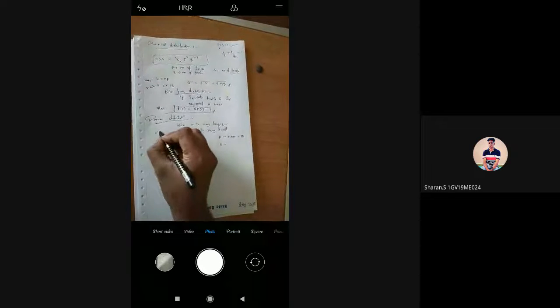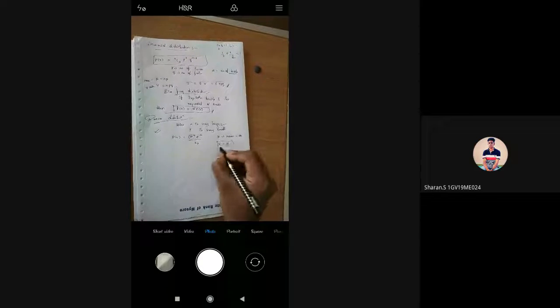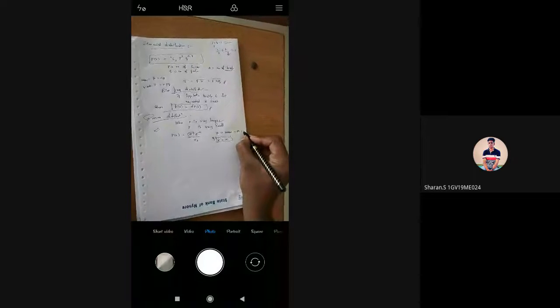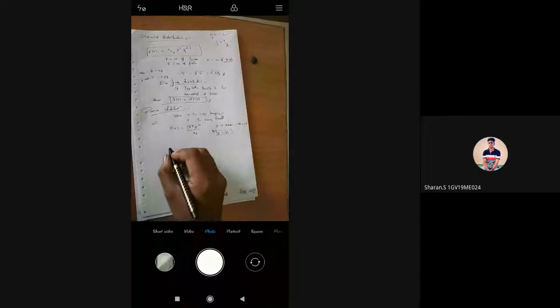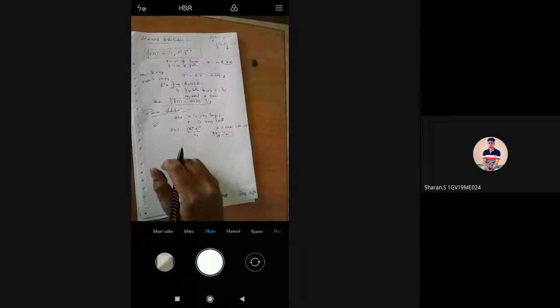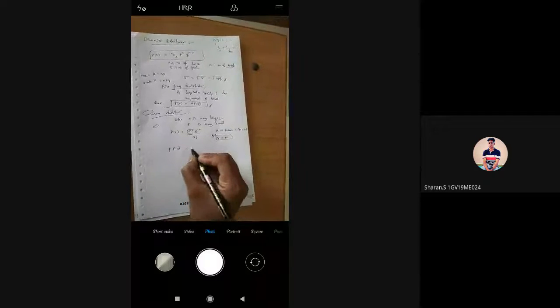Then, only in Poisson distribution, variance is equal to mean. It is an important point. Here we don't have a separate formula for variance. Also we know the formula for mean is n into p, and here both variance and mean are equal to each other. Similarly, we get the Poisson frequency distribution, like the binomial frequency distribution, that is f of x is equal to n into p of x itself.